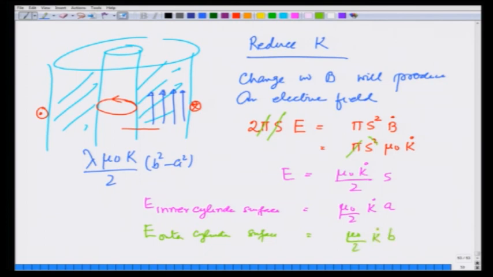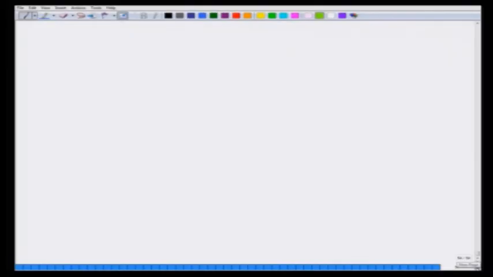However, the inner surface has charge plus lambda, the outer surface has charge minus lambda, and therefore, the forces are going to be in different directions. The electric field is going in on the outer surface, right, and coming out on this side. So, because of the minus sign, it will give a force in the opposite direction. On the inner circle, it will be in the same direction as the E. Because of this electric field, the force on the outer shell